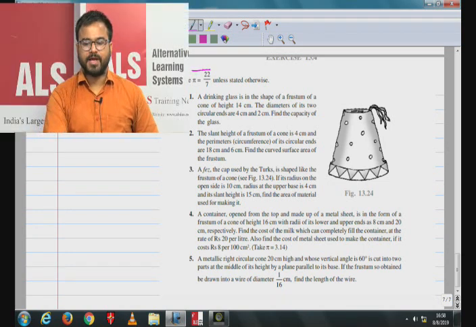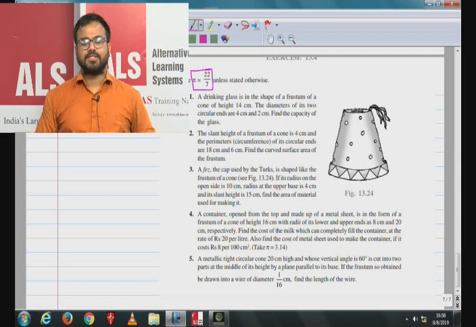The value of pi you have to use is 22 by 7. Like the first question says,